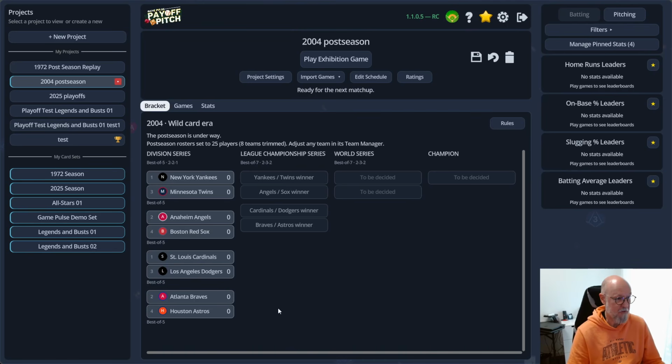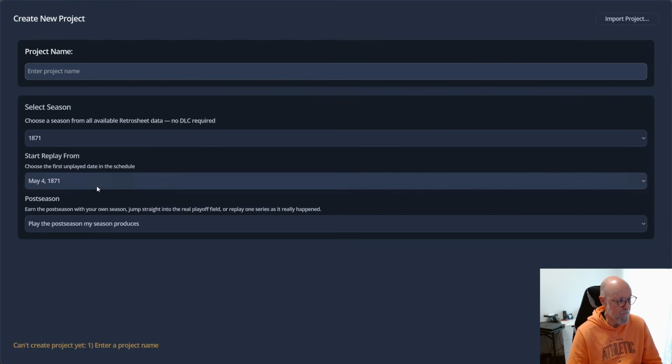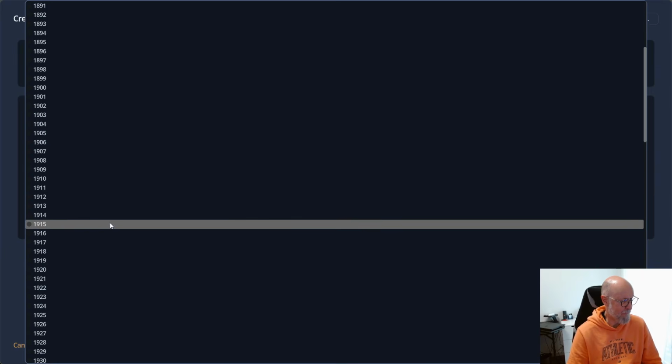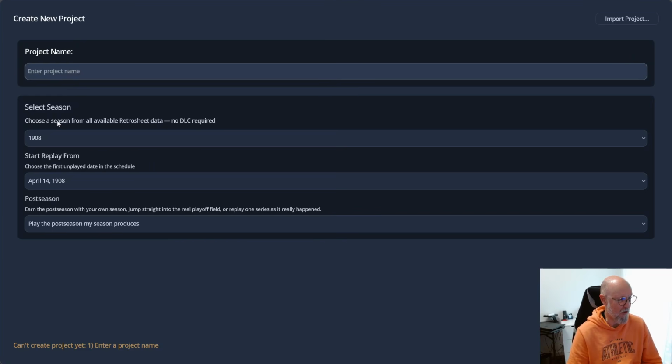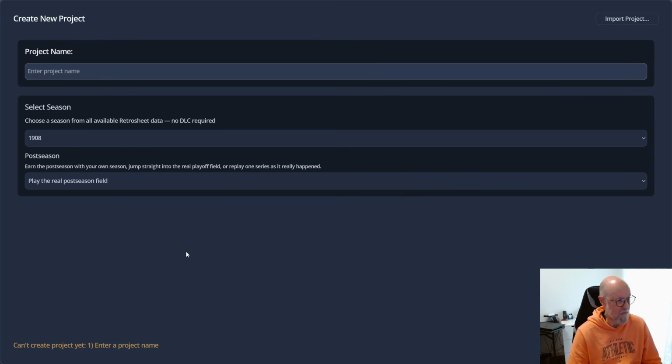In this case, the wildcard area just started in a slightly different setup. This was the actual playoffs for that year. If, for example, I wanted to go back to 1908, which is going to be just two teams, but